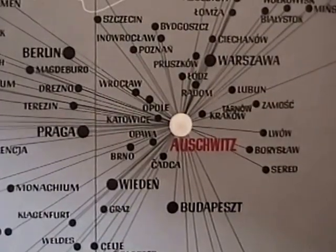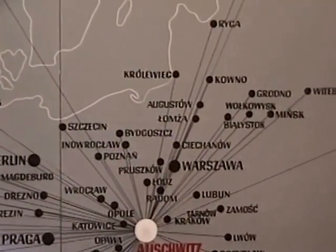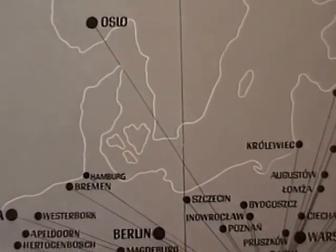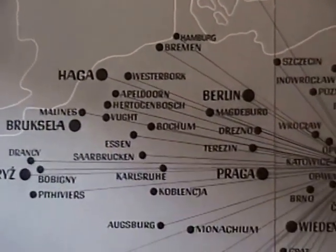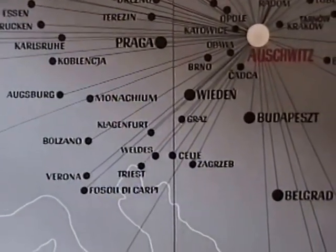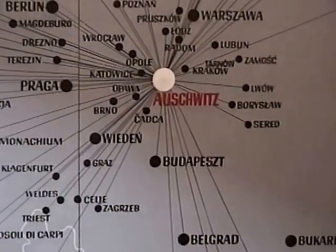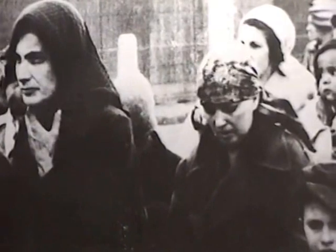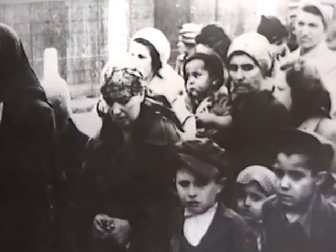Jews and political prisoners from all over Europe were brought to Auschwitz from as far away as Oslo and The Hague and Brussels and Paris and Rome. Most who arrived here were killed immediately. Only 400,000 prisoners passed through here, but